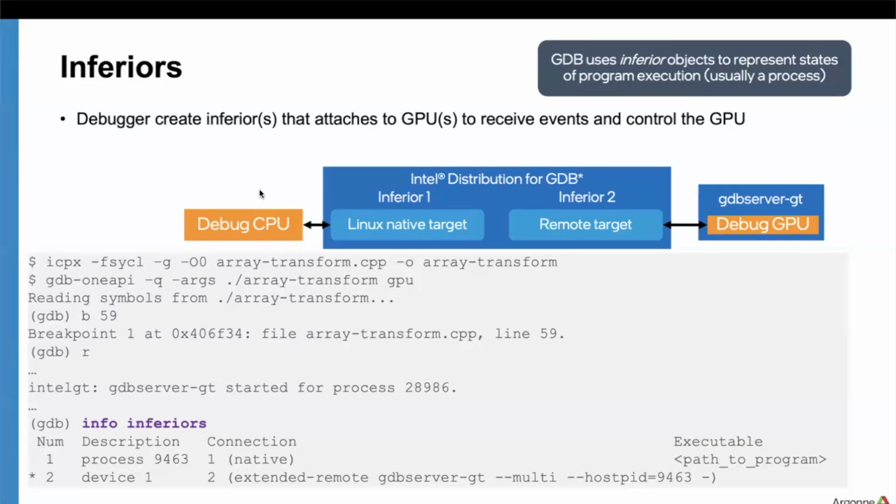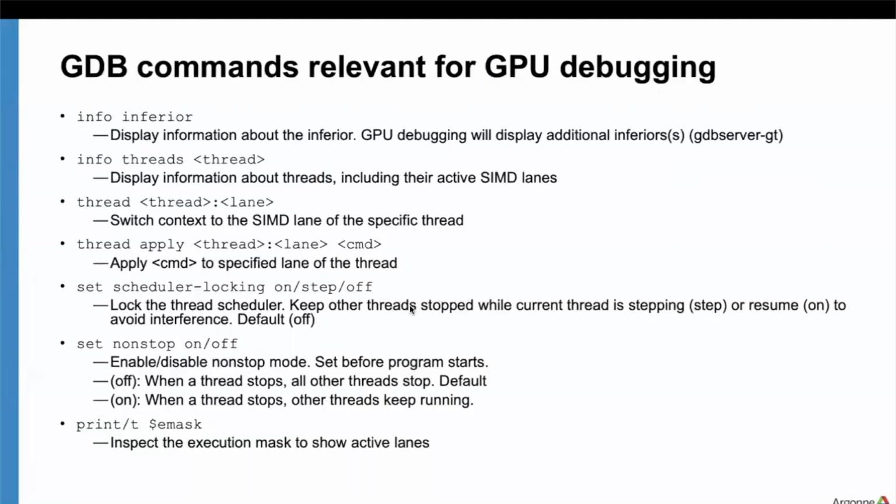You can think of inferior as process, but it's more general because GDB sometimes debugs things that aren't processes. For instance, you connect, stop and debug a microcontroller and not a process. Yeah, so inferior 1 is usually the process, but inferior 2 is inside of the process, where you have multiple devices, right? So that is what it's saying. Hopefully that helps you understand better. Maybe not perfect, but I hope so. Okay, let me move on